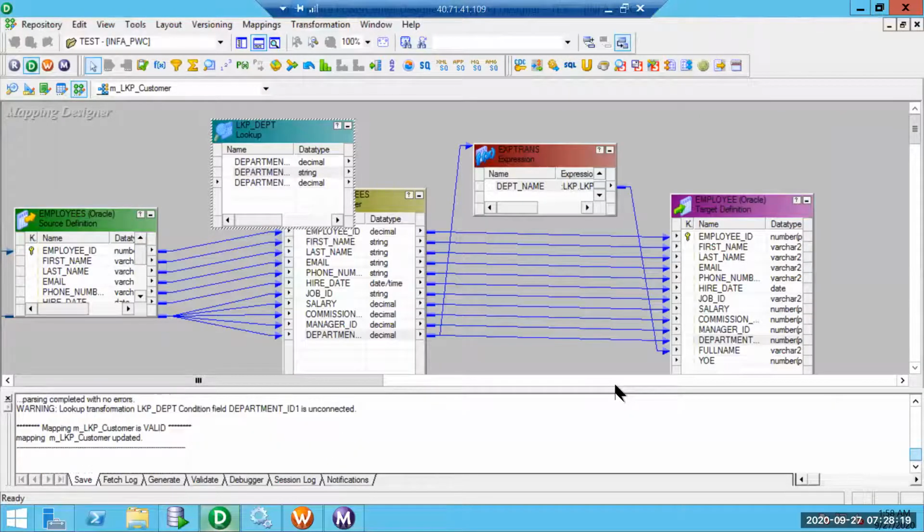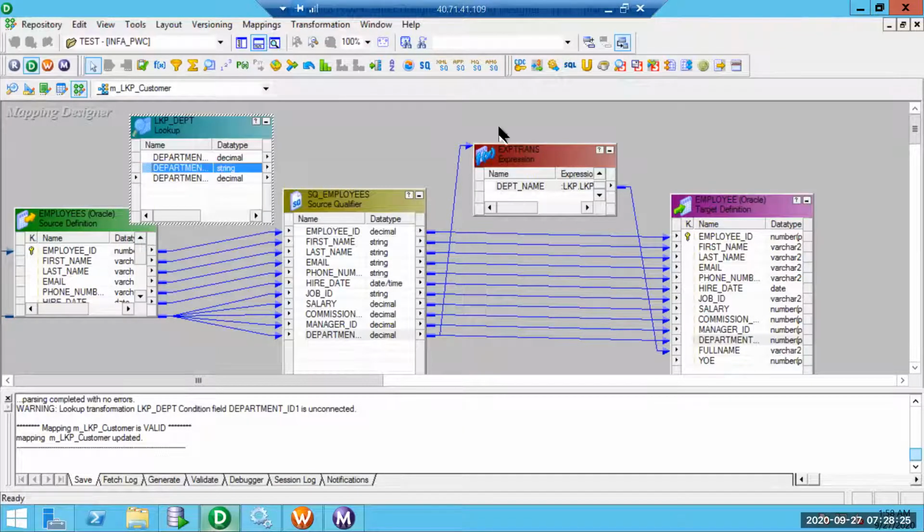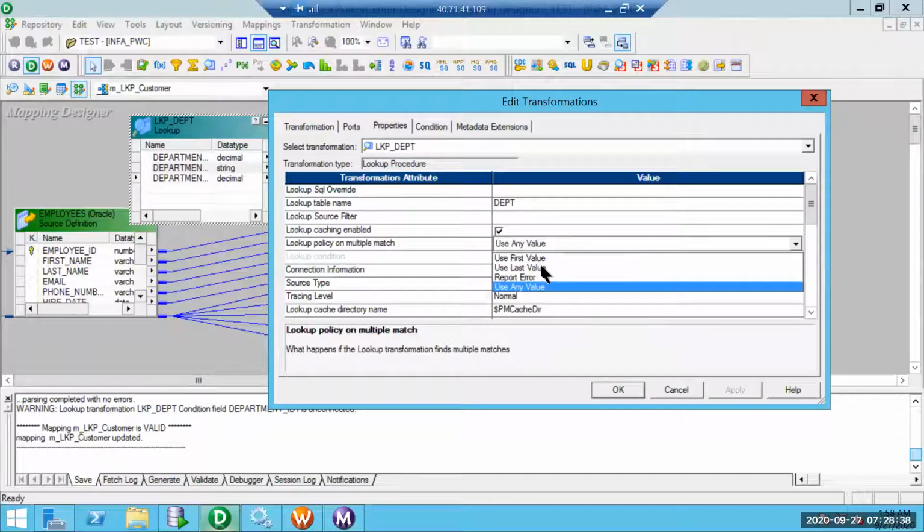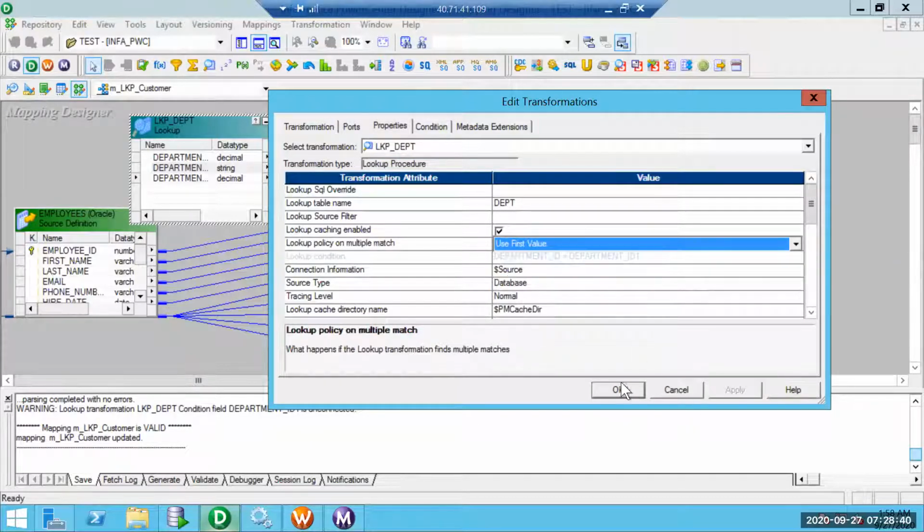Let's try to save them. Yeah, perfect, it was valid. The reason behind it was that the previous transformation is active. Active, then passive, then this became passive, active, passive will not work. Passive, passive, perfectly fine.